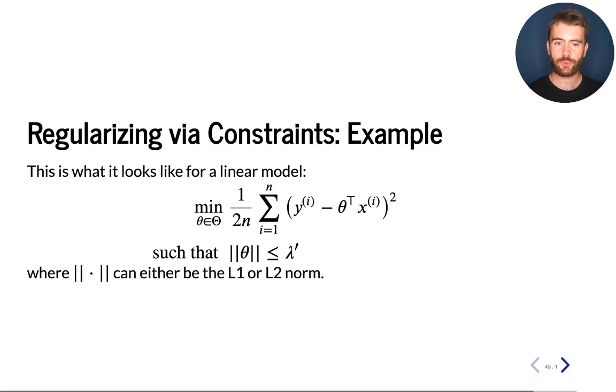And now if we were to apply constraint-based regularization to the linear models that we've seen earlier, we would get an objective which looks like the following. Here at the top, we're optimizing the mean squared error for a linear model, and at the bottom, we have a constraint on the norm of this vector. It's constrained to be not more than lambda prime. And this norm here, we can set it to be either the L1 norm or the L2 norm, which will give us both types of regularization. So now that we have this form, let's look at the differences of applying either the L1 norm or the L2 norm